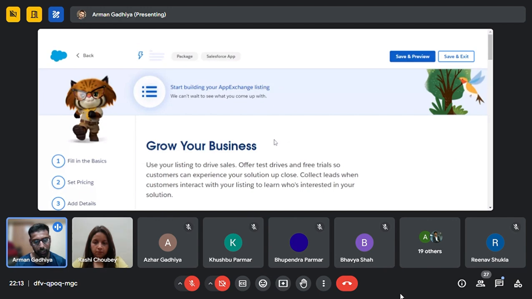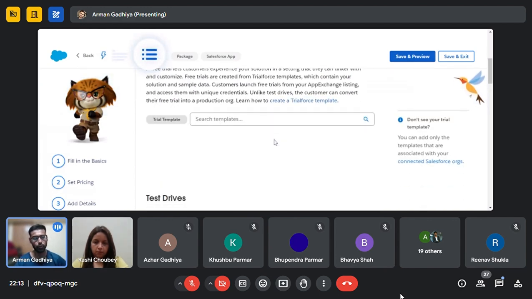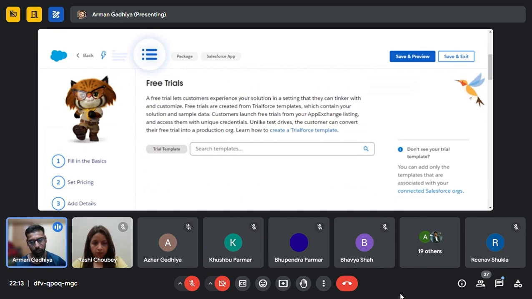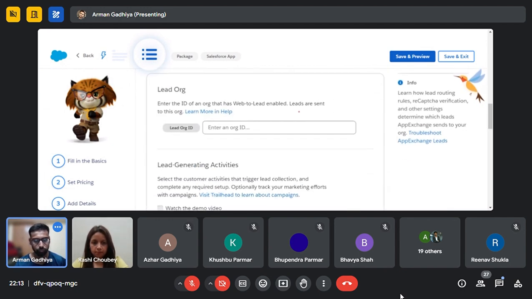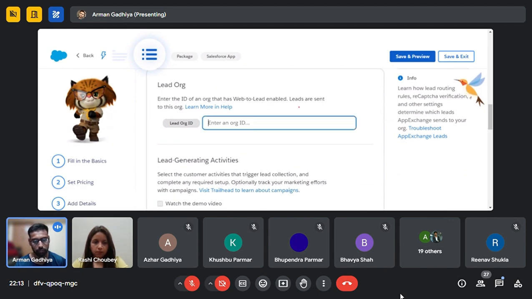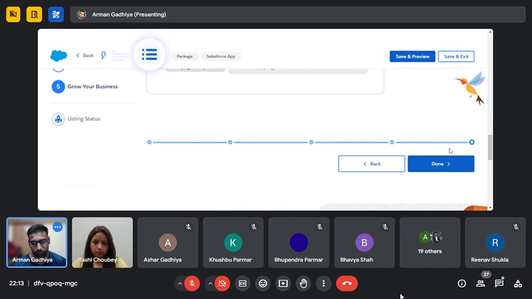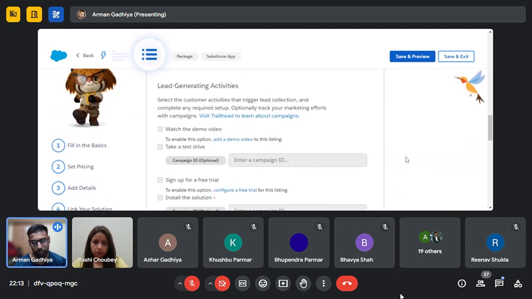And after completing all the steps, if you have any free trial template, like before logging in or getting registered in your application, you want to allow your customers free trials like 30 days, 60 days, 90 days, whatever, you can search for the template from here and select it. And you need to provide the org ID here. Okay. Once all these steps are done,